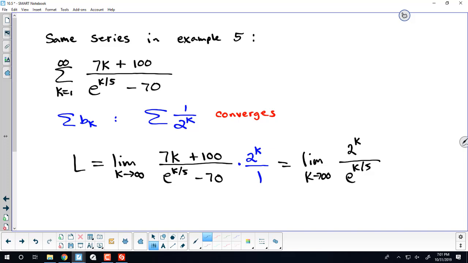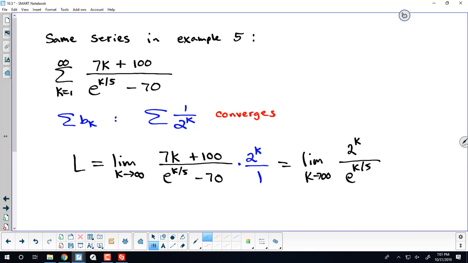So 2 to the k or e to the k? What's the number e? Bigger than 2. It's larger than 2. So which one would grow faster? 2 to the k or e to the power? Right, because it's a bigger base. It's a bigger number being raised to a power. Even though this power is cut down by 1/5 each time,